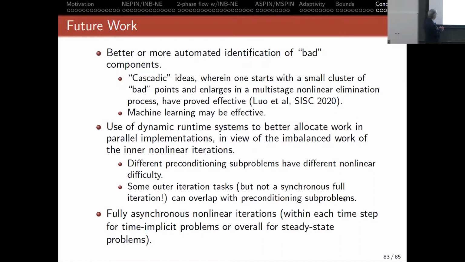There are, of course, load imbalances introduced by different Newton solves happening simultaneously or on subsets of degrees of freedom, where other processors in a domain decomposed approach are going to be idle. So this suggests retreating from our bulk synchronous processing to more task-based runtime systems like Parsec, StarPU, Quark, and the like. And that would be one way of overcoming the inhomogeneity of work of the different Newton subsolves. And yeah, so I guess that's what I'm referring to in both of those bullets.